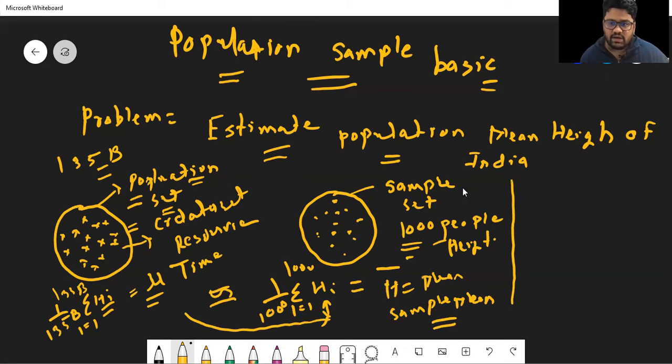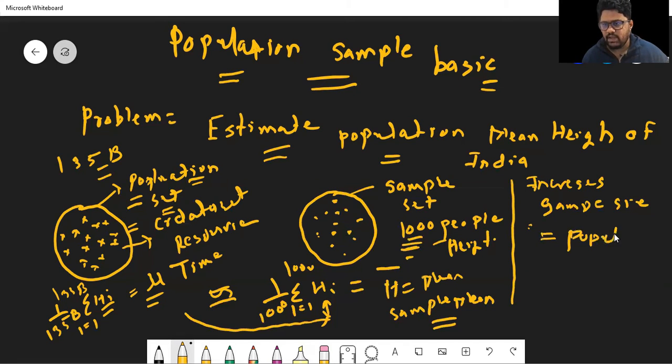And this sample mean, if you increase the sample size, here we have taken 1,000 people as the sample size, if you increase to 1 million or 2 million people, then you will converge more correctly to your